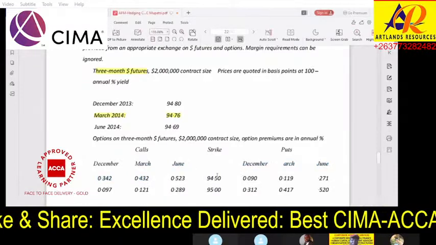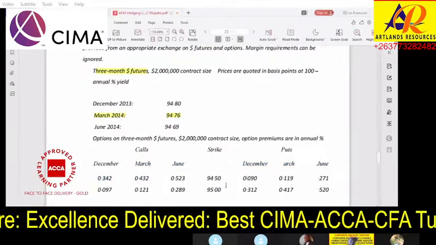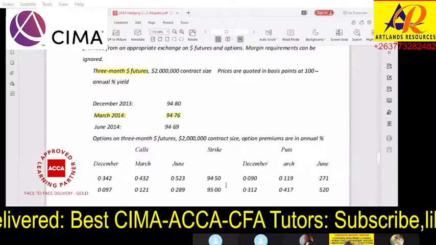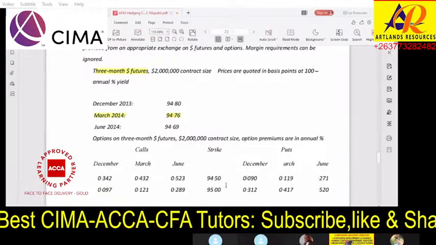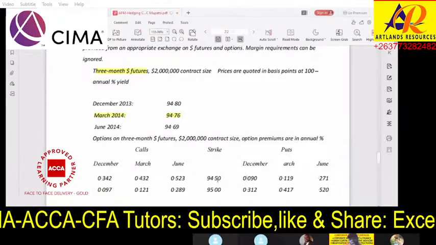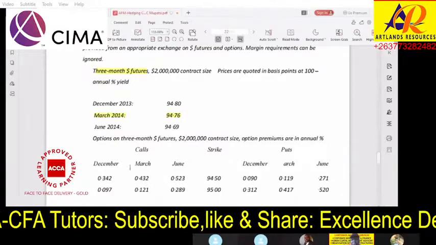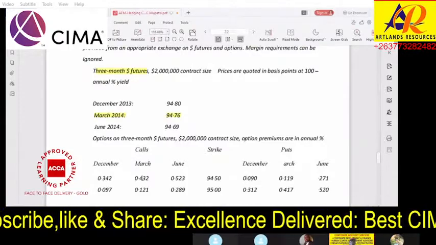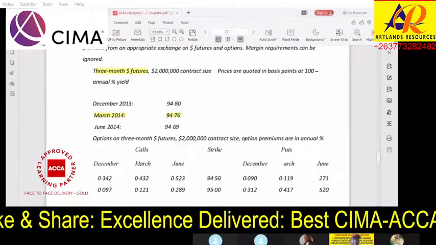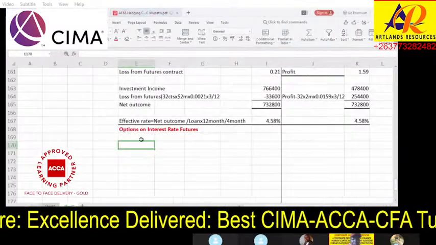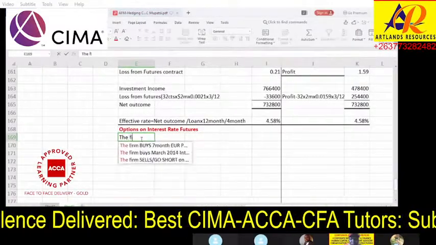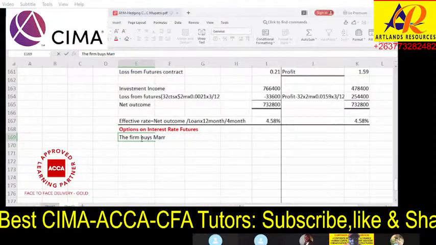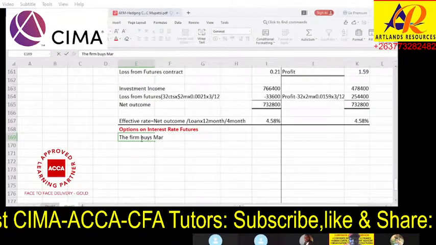But there are two strike prices. Here, it's unlike currencies where I said you choose the one which is good for you. Here, you take all of them. You evaluate using all of them. So, two strike prices. So you need now to say the firm buys March 2014 call options now. This is the very first statement you have to put to say the firm buys March 2014 call